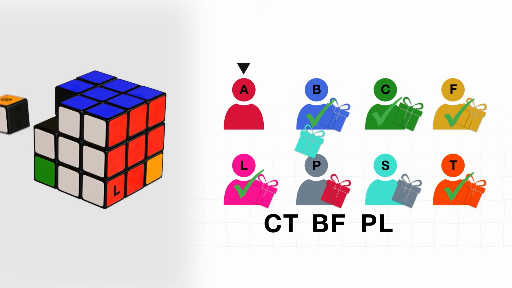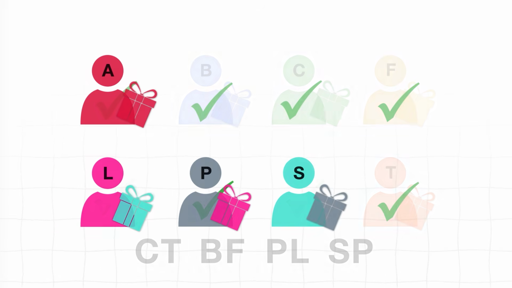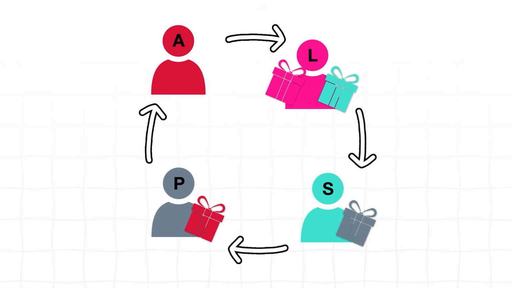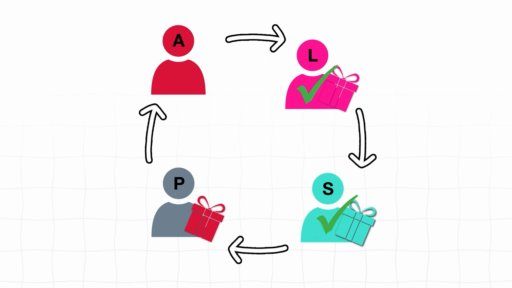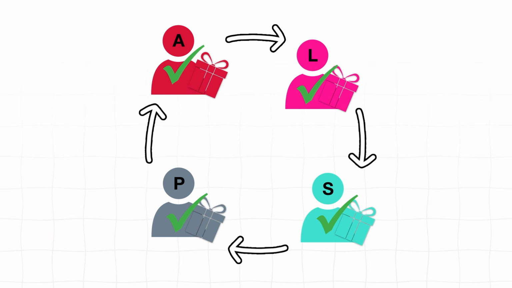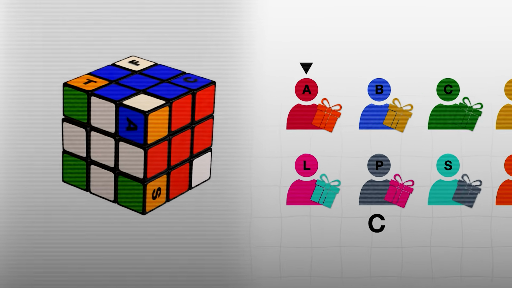It doesn't matter who. That might seem like it makes things worse, but notice how Aaron is now part of this new cycle. And once everyone in this new cycle has received their gifts, Aaron will once again get his gift back as well. Now of course, if you are watching the Rubik's Cube closely, you'll know you can't just